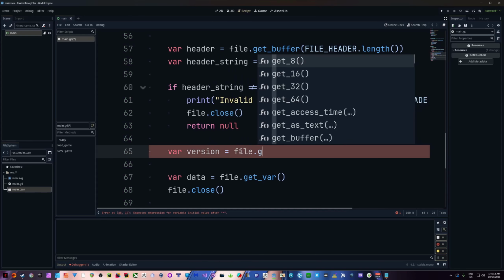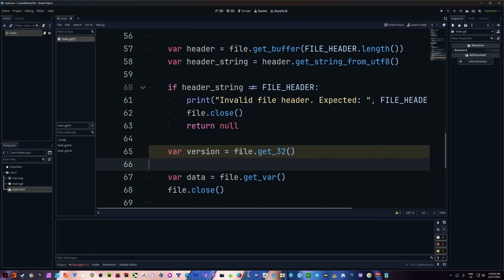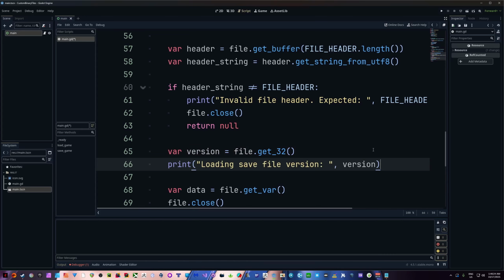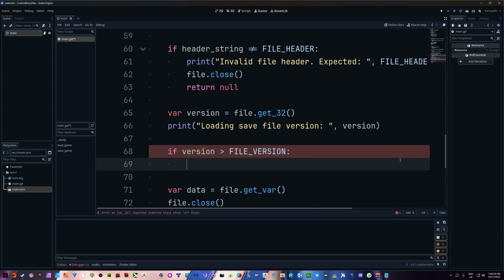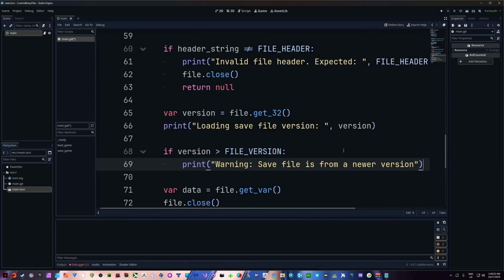version equals file dot get 32. And now, as you see, in my case, I'm just going to print it out. For this, we can say loading save version, show us what version we're loading. And if you want to go further and do some comparisons, you can do if version is greater than the file version of our current game, we can go ahead and print out,